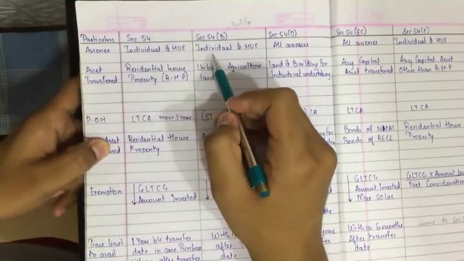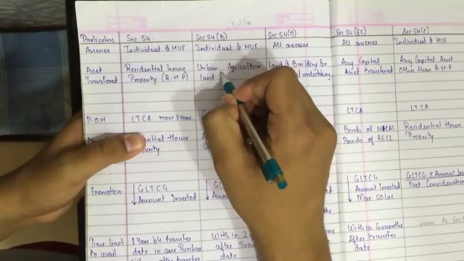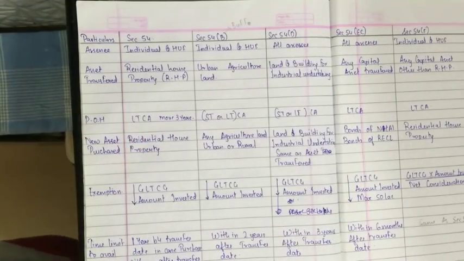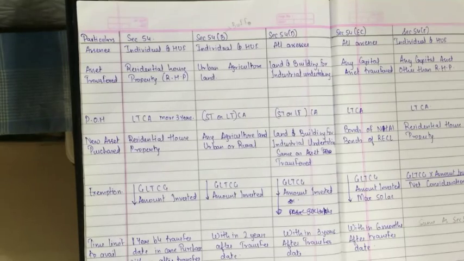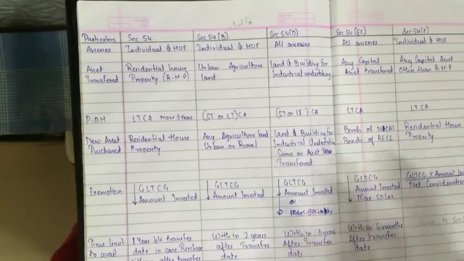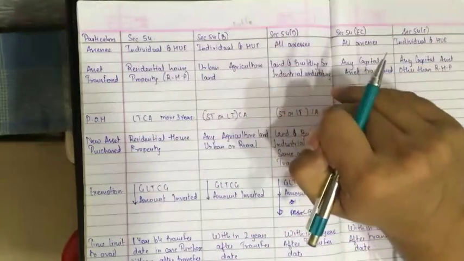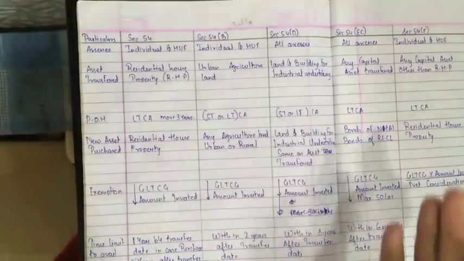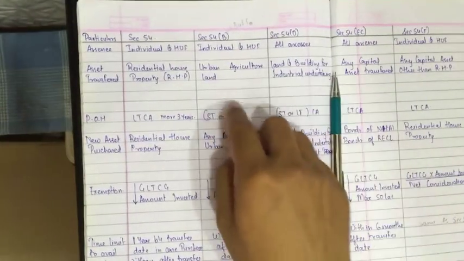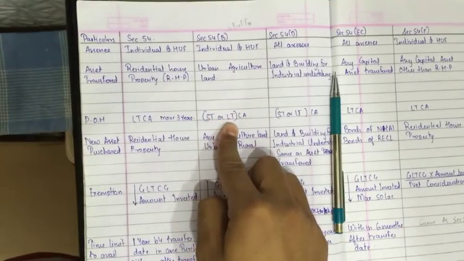First, the assessee should be an individual or HUF. The asset transferred should be urban agricultural land. Urban agricultural land means what? Firstly, understand what urban means. Urban means all metropolitan cities. They are all urban cities. If urban agricultural land is sold, the period of holding can be either short term or long term, so it doesn't make a difference, and you don't need to see this condition, because short term or long term doesn't make a difference.